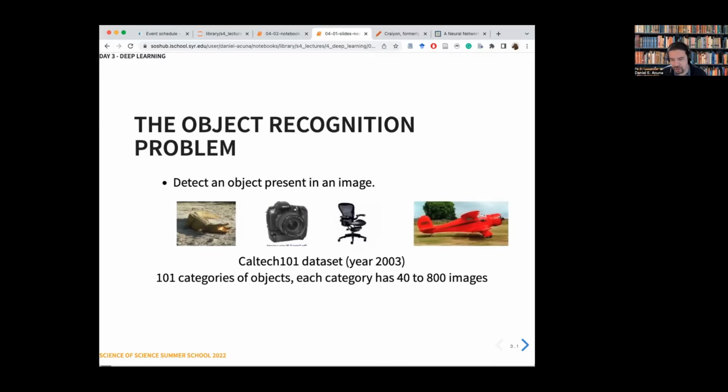I will introduce it by way of looking at a classic problem in machine learning, and this is image recognition. If you ask a computer to tell you what object is in each of these images, to you it is very easy, right? So this is an animal, like a crocodile or something like that. This is a camera, although from like 20 years ago, this is a chair, and this is a plane, right? So for us, it's very, very easy, because we have a very advanced visual system.